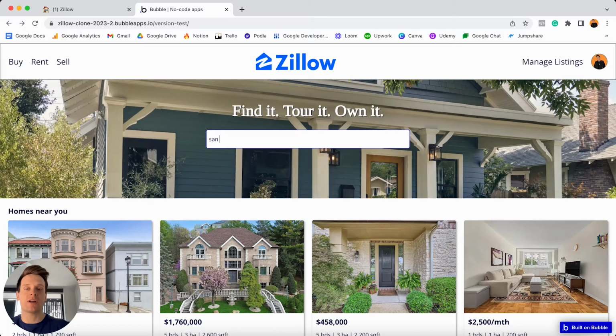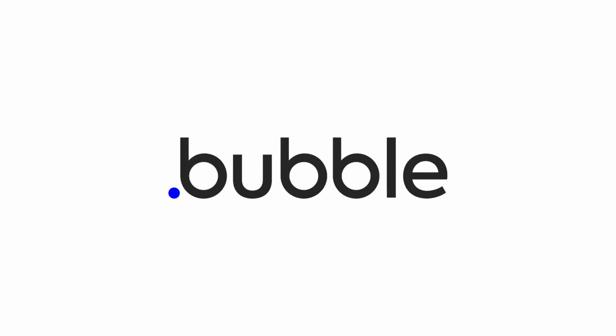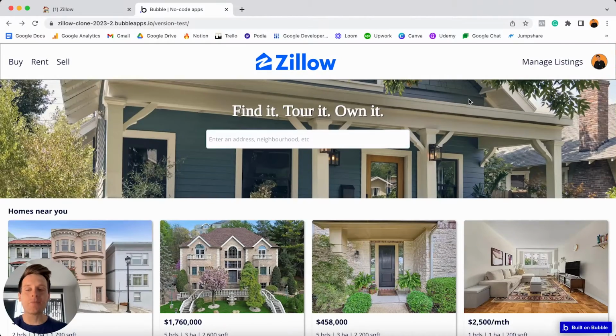Today we're going to be building our own property selling marketplace just like Zillow without writing a single line of code using a tool called Bubble. Before I say another word though, let's dive in and take a quick look at what we're going to be building. Over in a preview of my application, I've currently opened up my Zillow clone homepage, and as you'll see,